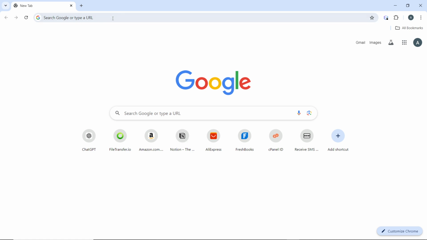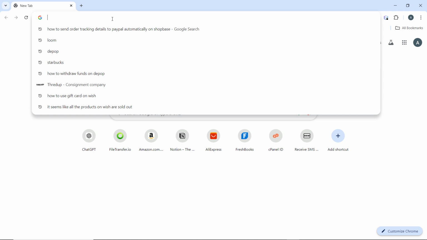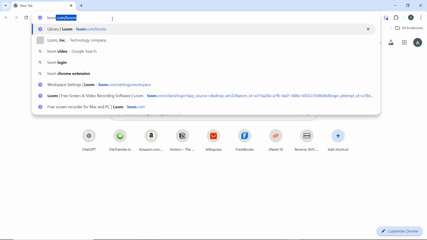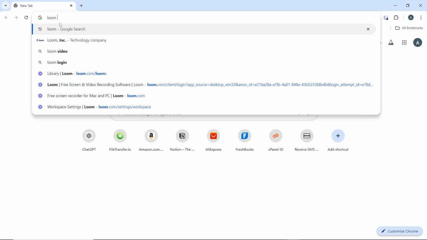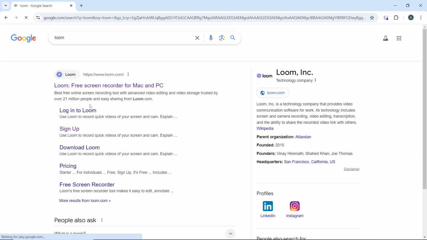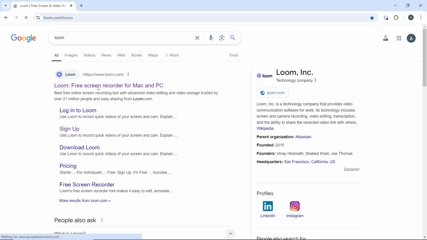You can use any browser of your choice and navigate to the Loom official website by entering this URL: https://www.loom.com. But I'm just going to type in Loom and that gives me Loom. So Loom and space just Loom, and this is pretty much the URL. Now click on the first thing you see, and that is going to walk you into the Loom homepage